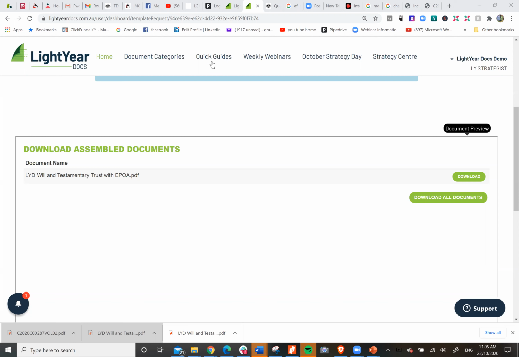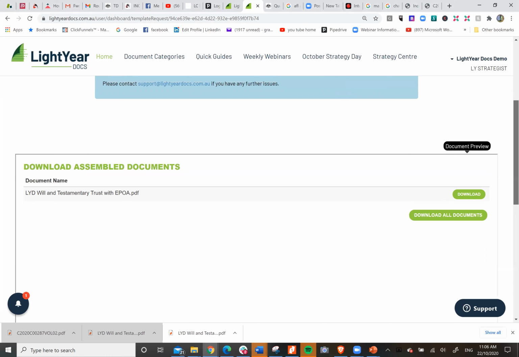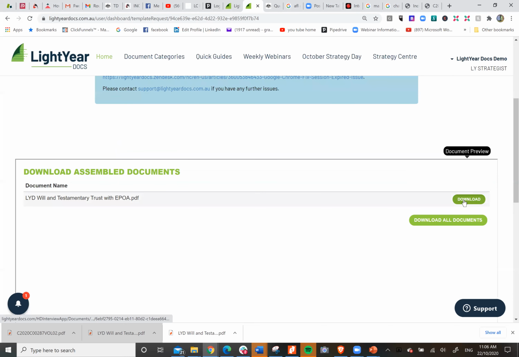At the end of the day, notwithstanding that the documents are produced by LY via the interviewing process, all AM will do, if it goes down that path, is produce, as part of the tier 1, a letter of instruction as to how the will maker is to execute their will and EPOA, basically. That's what it is. So when it comes out, it's just a typical sign-off under all LightYear Docs documents that there's been signed off by Abbott Mourly, and then you've got the preparation of the documents by way of a data capture or an interview process.